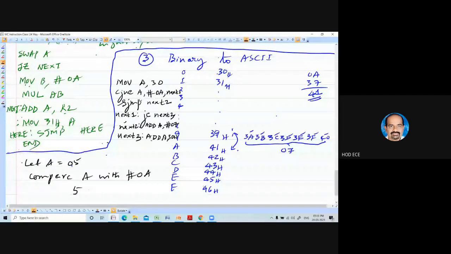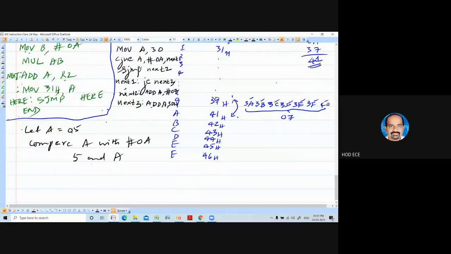So 5 and A are compared. 5 is less than A, so it generates a carry. Then what you have to do? Add 30. So 5 plus 30, you are going to get 35.